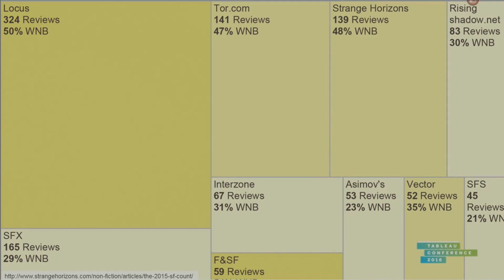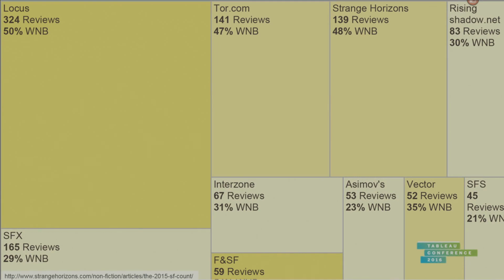This is called Strange Horizons, and they took a measure that's been used within book reviews, which is how many book reviews are by the majority, white heterosexual males, compared to how many book reviews are by everybody else. And they make this metric, this ratio, and try to see if that ratio is shifting over time. He's been doing this in the sci-fi community for sci-fi books, a niche group, for quite a while and hasn't really got any uptake on it.